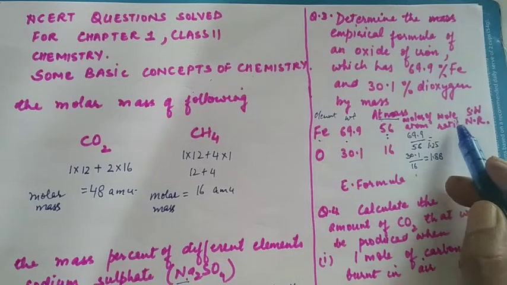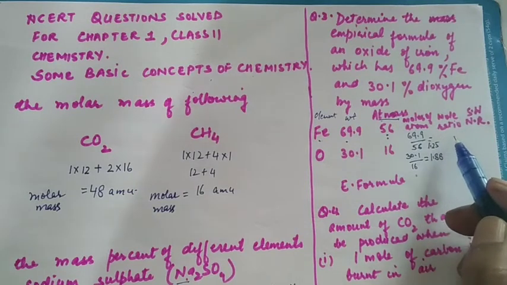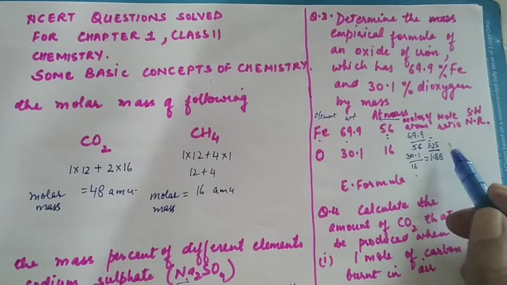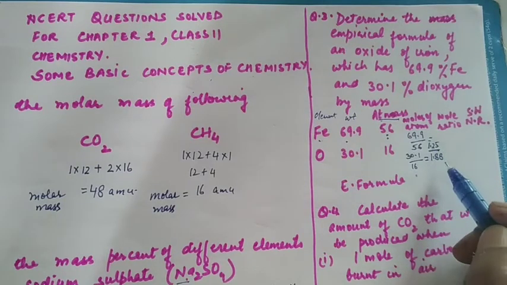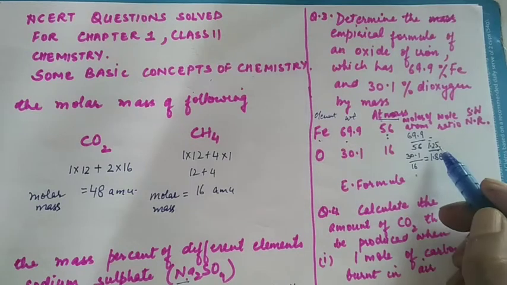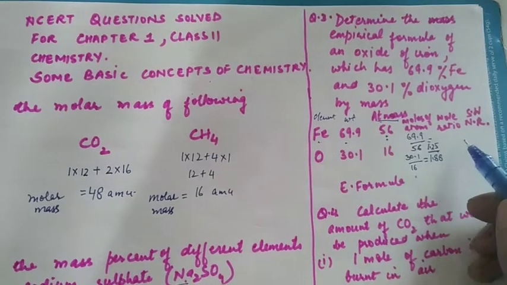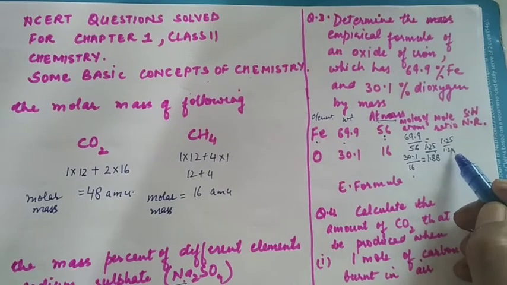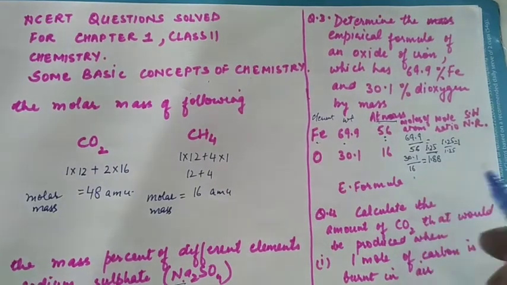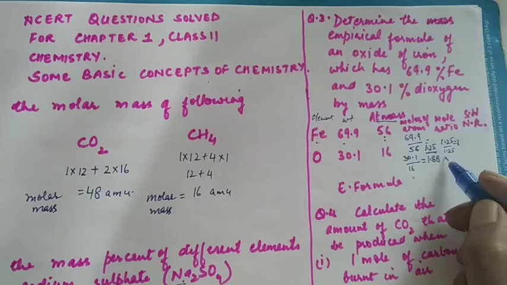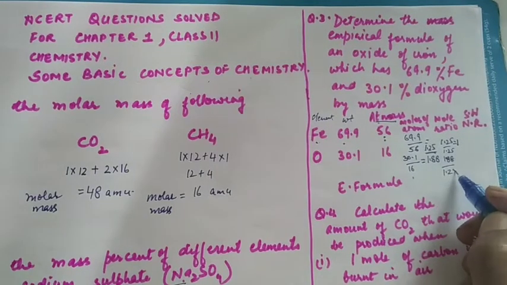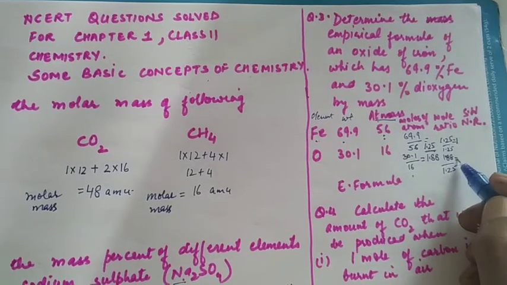Then to find out the mole ratio, we divide the number of moles with the smallest number of moles appearing here. So the number of moles are 1.25 and 1.88. This is small, so we will divide both of them with 1.25. Mole ratio will be 1.25 upon 1.25, which comes out to be 1. And for oxygen, it will be 1.88 divided by 1.25, which is